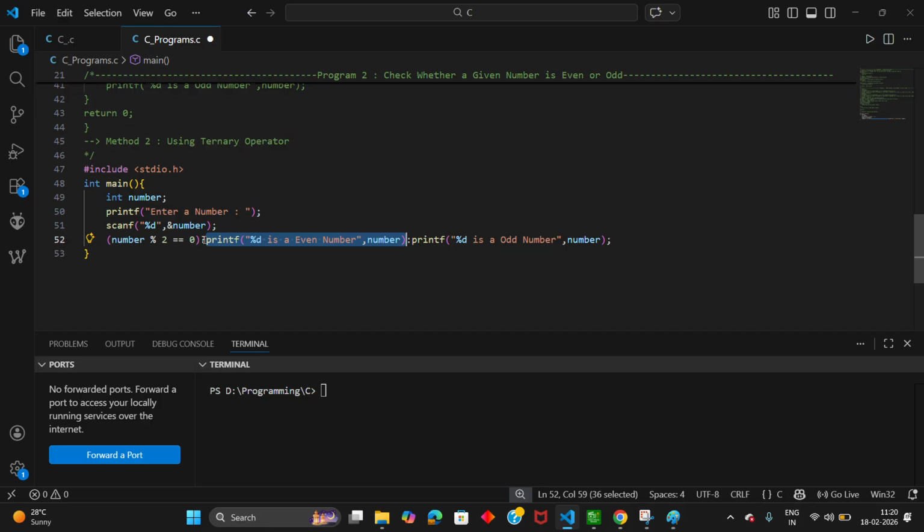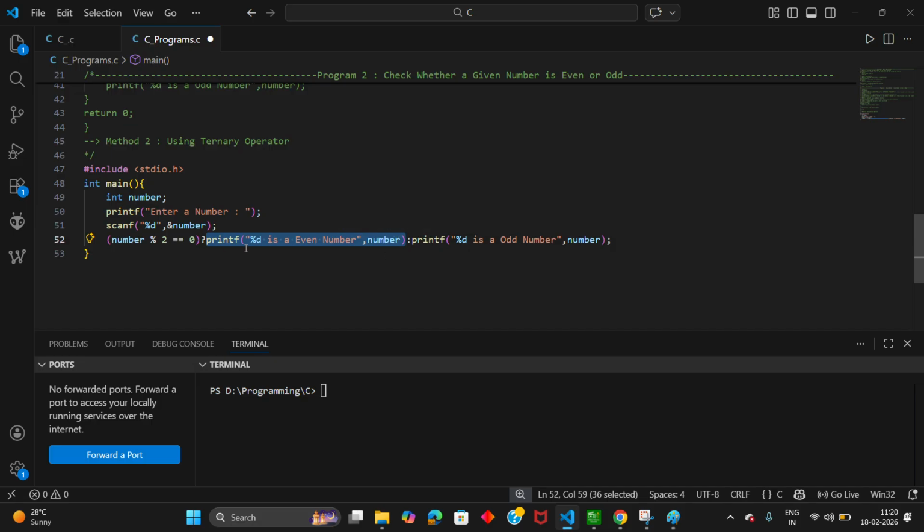If you look at the condition number % 2 == 0, it means whenever a number is divided by 2 and the remainder is 0, then what is the number? An even number, right?